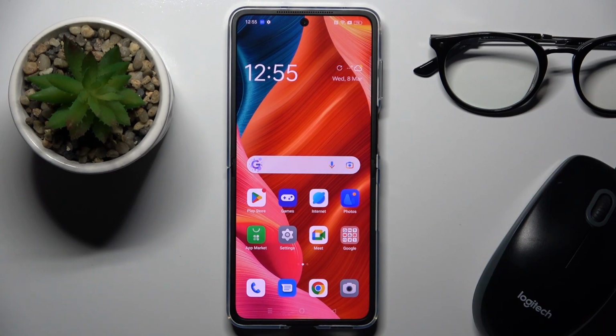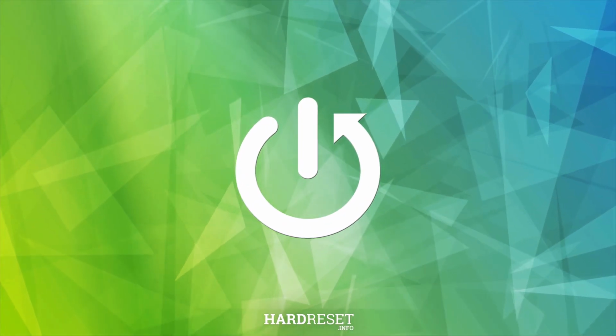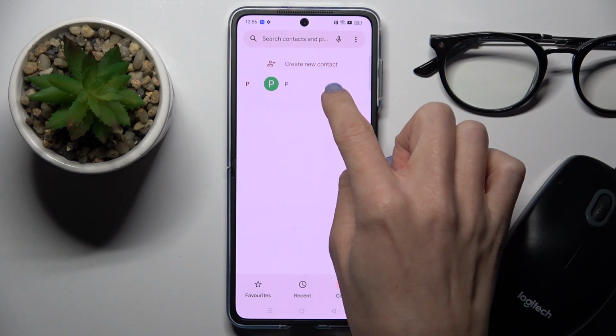Hi guys, in front of me is OPPO Find N2 Flip, and let me show you how to add photo to contact. At first, open your phone dialer, switch to contacts then, and pick the contact that you wish to add this